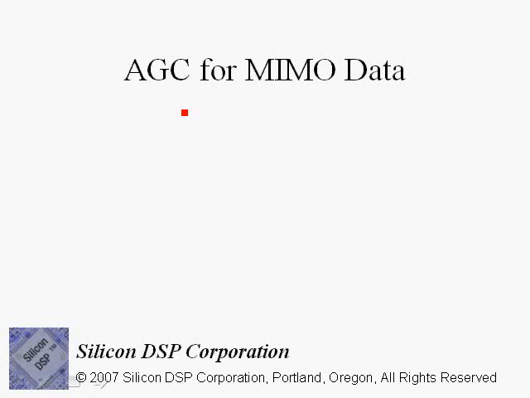The purpose of this presentation is to discuss the need for the high throughput short training field in 802.11n that is used for AGC refinement, and to talk about AGC in general and why we need the extra training in order to obtain a better estimate of the data RMS based on the preamble RMS. And this will save in terms of both the requirements on the A to D and also lead to better